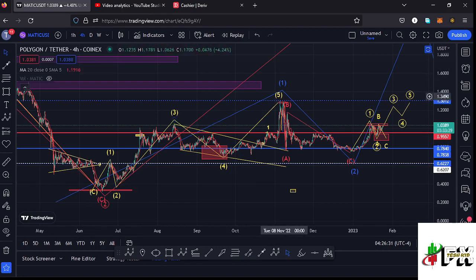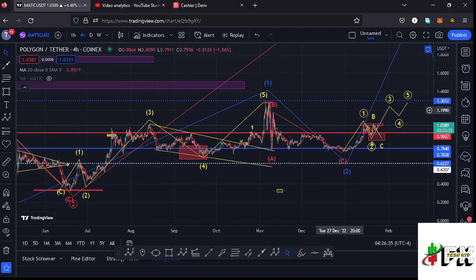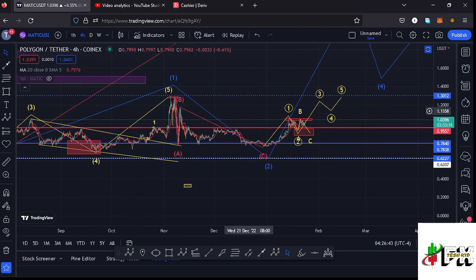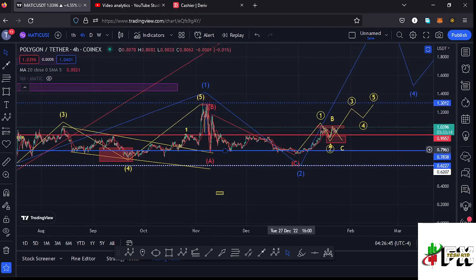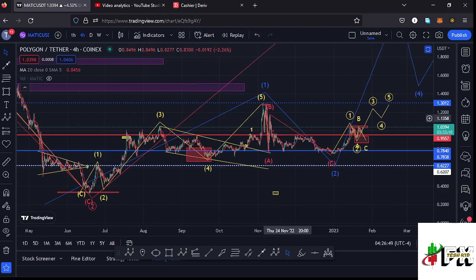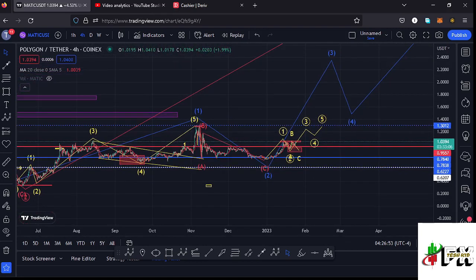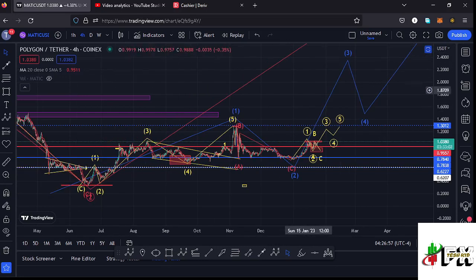And after seeing the formation of a higher Elliot wave count 1, what we expected next is the formation of a higher Elliot wave count 2, and I believe that is what we are seeing over here, making its low at around the $0.74 mark, and that is after seeing this ABC corrective structure that we expect in the formation of a higher Elliot wave count 2. And after seeing the low for that second wave, what we expect next is a bounce to the upside in the formation of a higher Elliot wave count 3, and by first sketching out a minimum target area to the